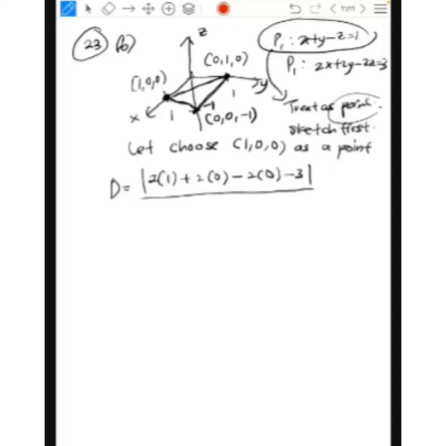So it will be minus 3. Okay, and then 2 squared plus 2 squared again plus negative 2 squared, square root. So this is the answer, which is 2 minus 3 will be negative 1 over 4 plus another 4, which is 12. Okay, remember the negative should be positive, then your final answer is 1 over square root 12,